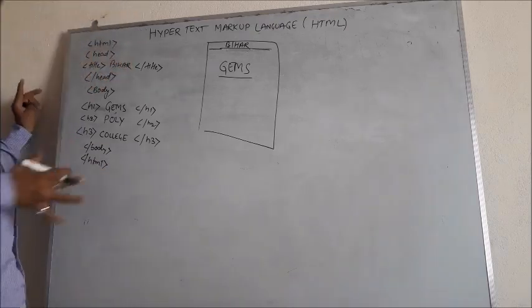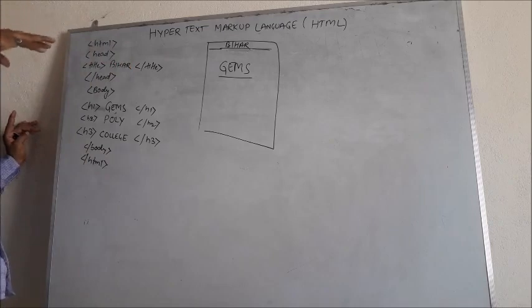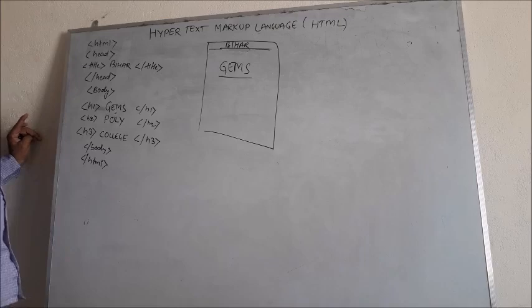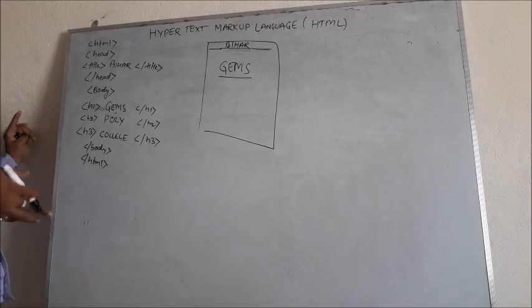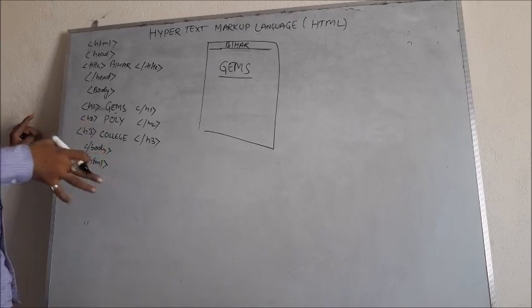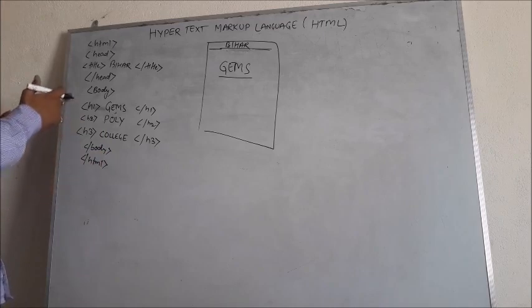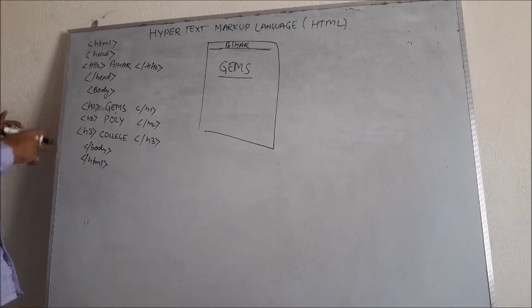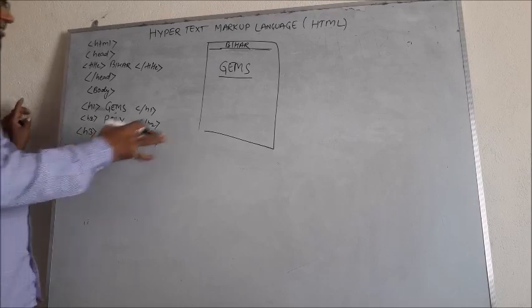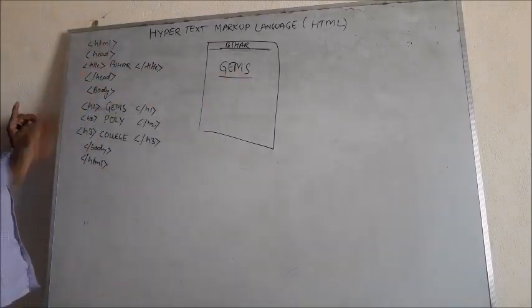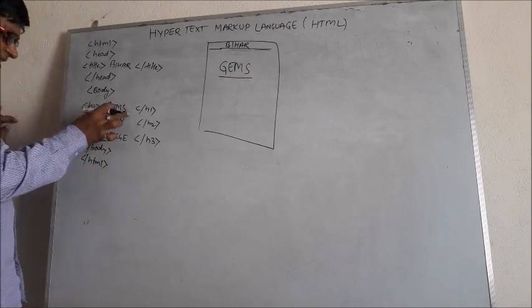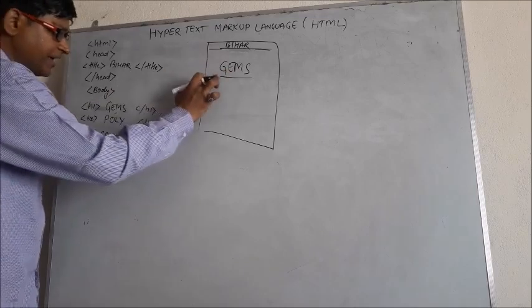Now what are the headings? Heading means आप लोगों ने कभी देखा होगा MS Word में ऊपर menu bar के नीचे tool bar में आपको बहुत सारे headings मिल जाते हैं और headings के अलग अलग fonts होते हैं. कोई बड़ा heading होता है, फिर उसके बाद छोटा heading, फिर छोटा heading और छोटा heading. तो इसी तरीके से here also you will get total 6 types of heading, that is h1, h2, h3, h4, h5 and h6, right? So ये headings कैसे काम करेंगे? h1 वाला जो heading होगा वो सबसे बड़ा दिखाई देगा, इससे बड़ा और कोई heading नहीं हो सकता, right? So h1 के अंदर जो भी चीजें हम लिखेंगे तो वो सबसे बड़ा आपको दिखाई देगा.